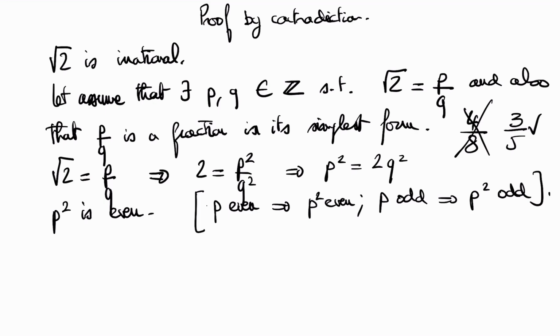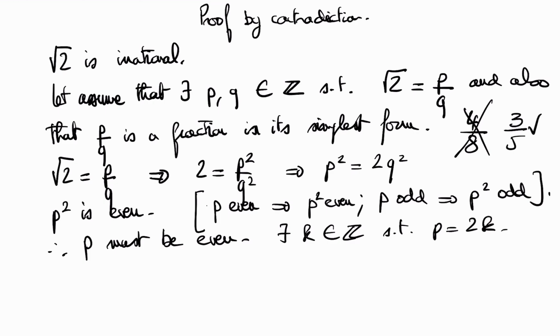So here P square is even, so therefore P must be even. So that means that there exists k belonging to Z such that P is equal to 2k. So the equation 1 here becomes